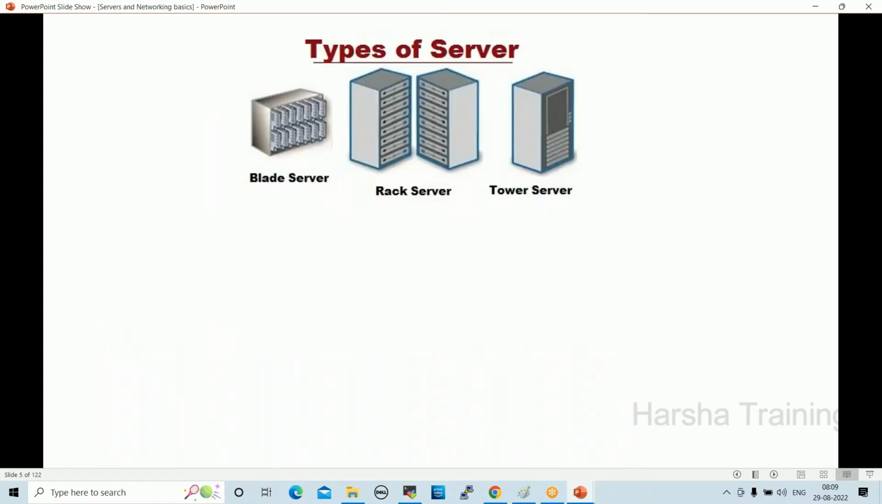Yeah. So, types of servers. What are the types available? These are the 3 types of servers available in the data center. So first one,